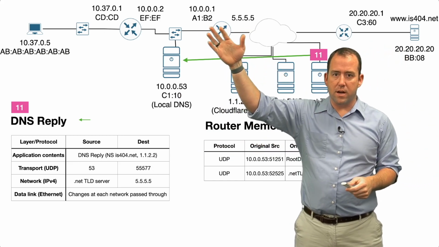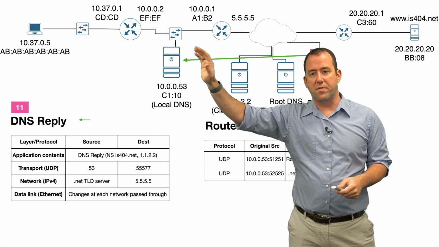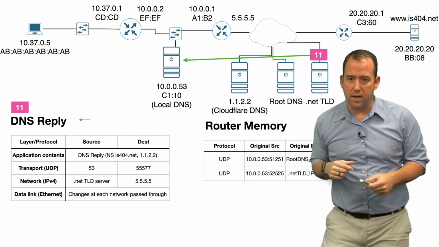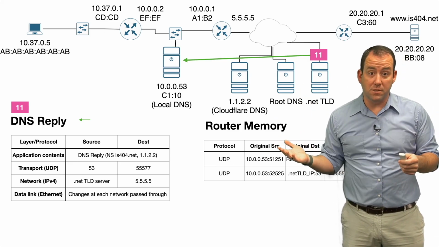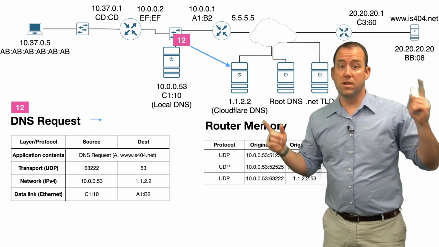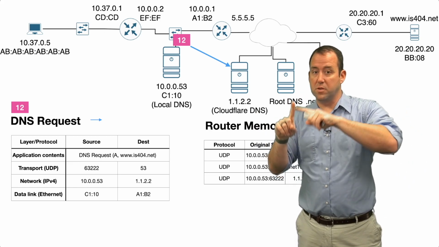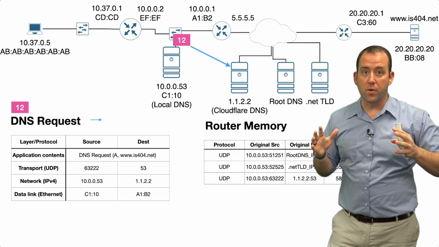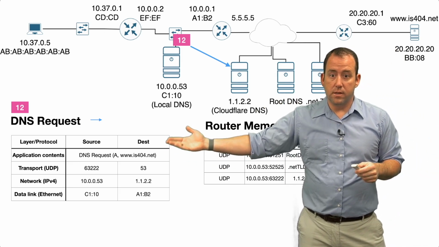It comes back through here. The router retranslates that message just like it did before back to what we need to do here. And we are set. Now we have the name servers, and now we need to send yet another request. So this has taken 3 messages back and forth, one to the root, one to the top level domain. Now finally we have the name servers for is404.net, and we can say to those name servers, please send me